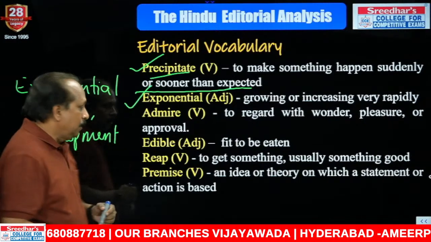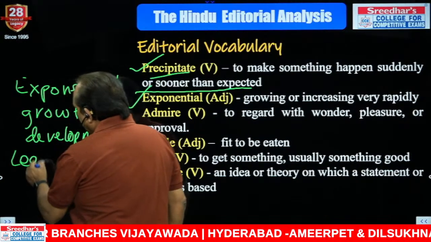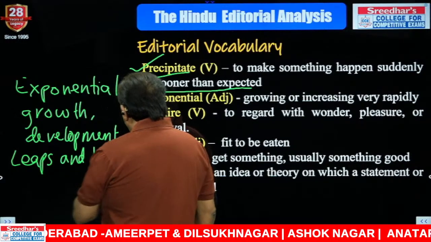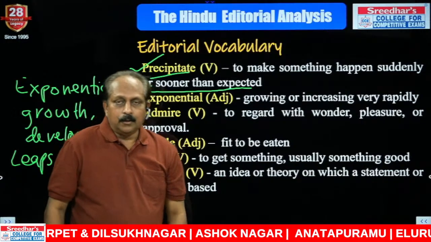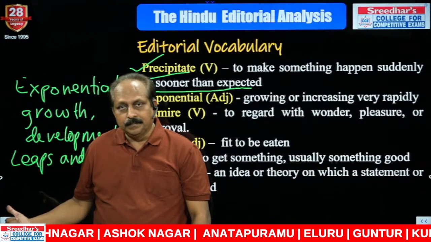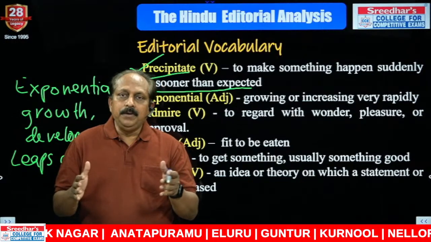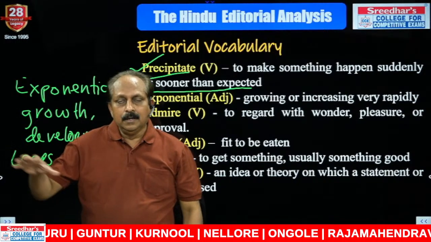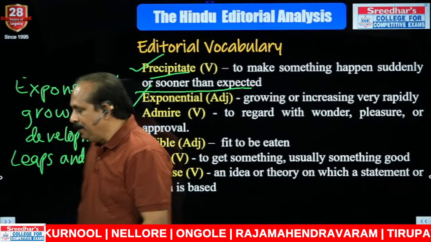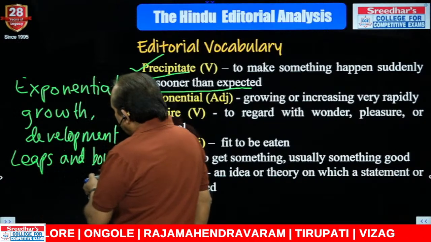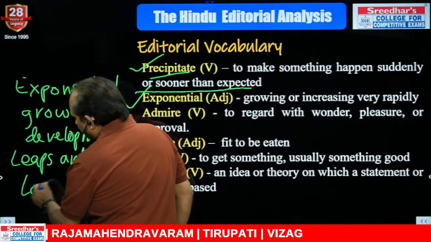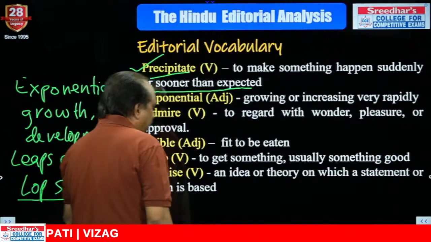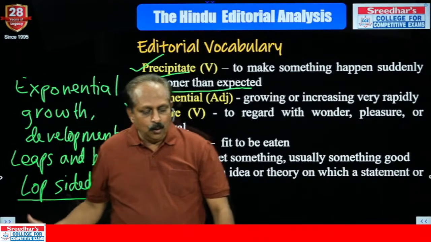Then we say growing by leaps and bounds. The city is growing by leaps and bounds. Grow by leaps and bounds means grow rapidly. But sometimes what happens, the growth may be uneven. Some pockets develop so well, and certain pockets are neglected. That means uneven. Then there's one important idiom. We say growing by leaps and bounds, but the growth is lopsided. Lopsided growth. That's an important expression. Lopsided growth means uneven growth.